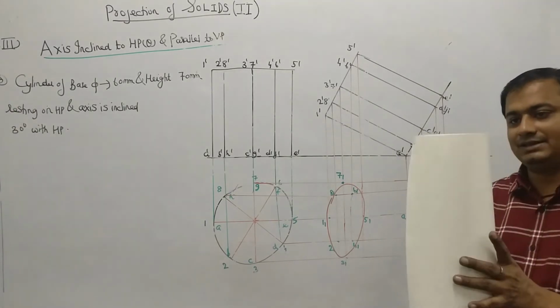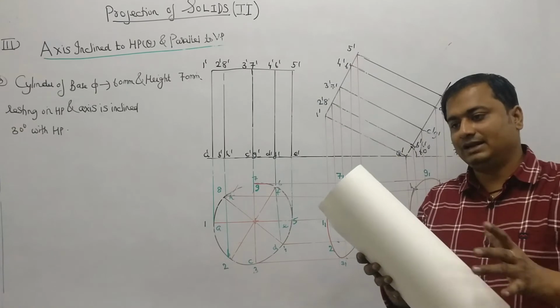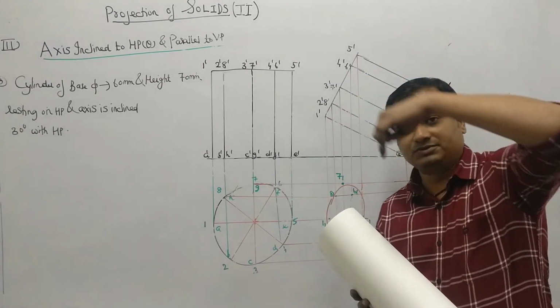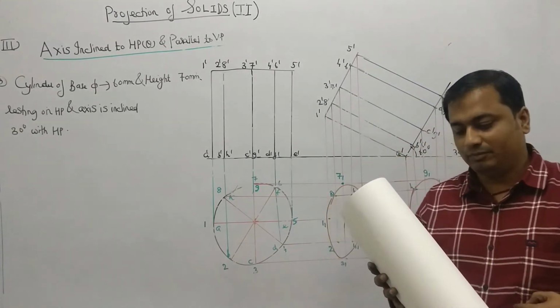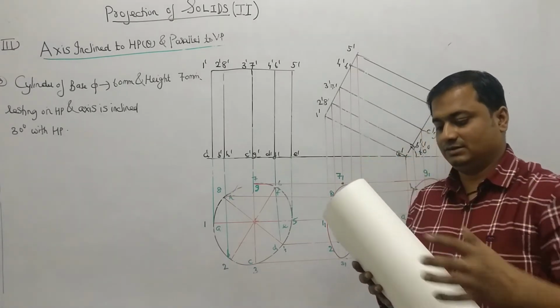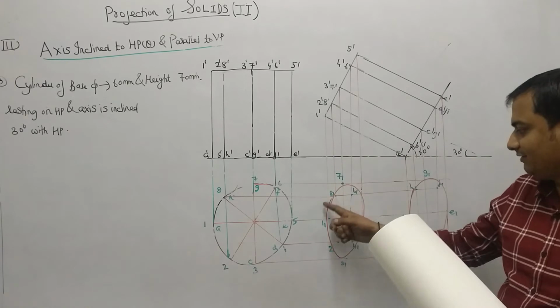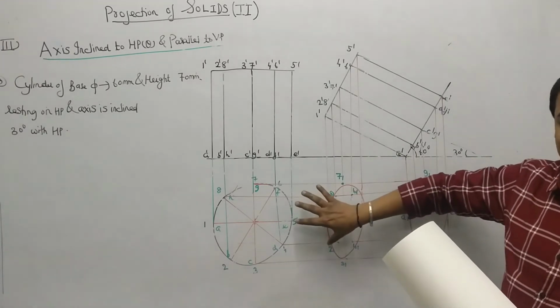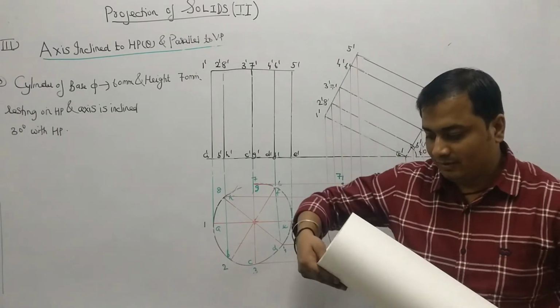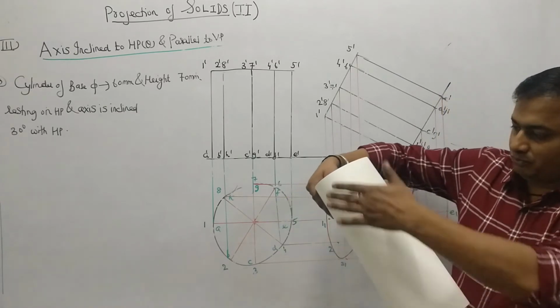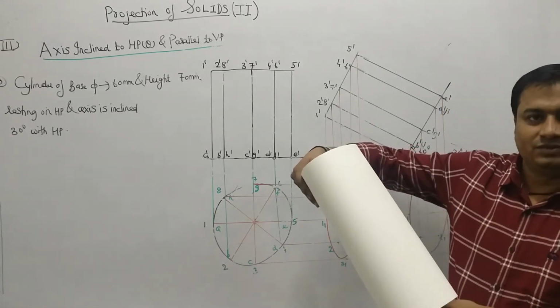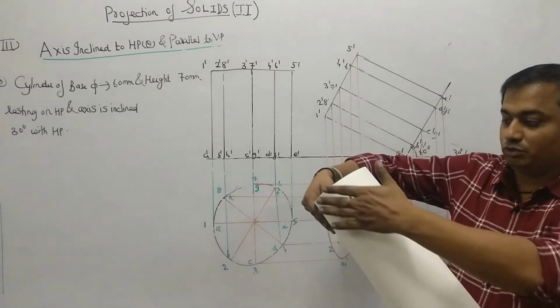is inclined like this, and when you see from the top, what will you see? You will be seeing this, you will be getting this shape. This is the complete ellipse. So this part will be visible to you. So that is fine. This ellipse will be visible to you. And when you see from the top, you will see these 2 tangent lines. You will be seeing only the 2 generators like this.